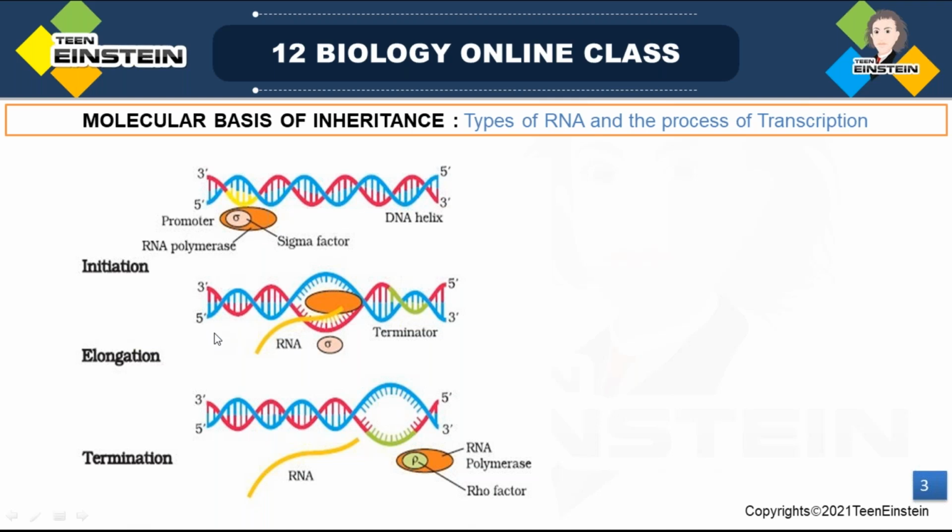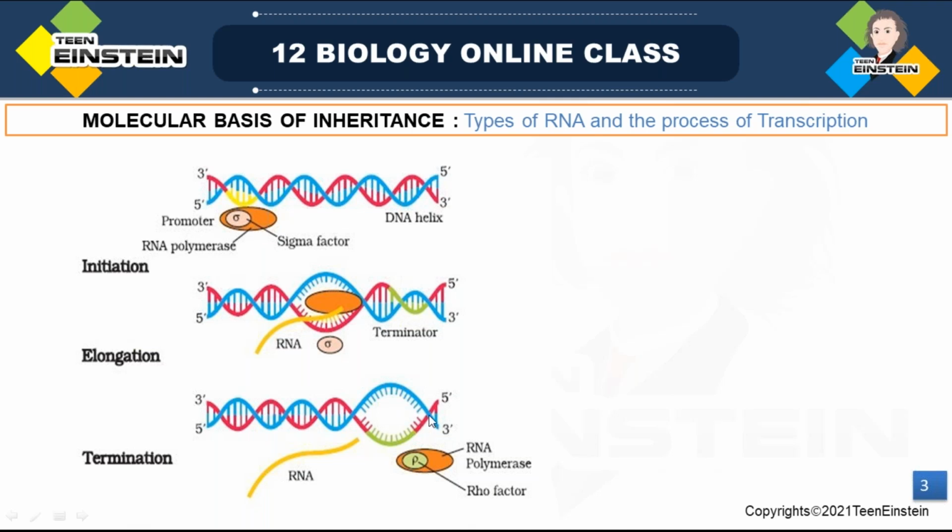Then, next step, it moves to elongation. Elongation means that when it attaches to the initiation point, the promoter region, the RNA elongates from there. That time the sigma factor doesn't have any role, and the RNA moves away. Okay, when the DNA-dependent RNA polymerase reaches near termination, near the end of the transcription process,